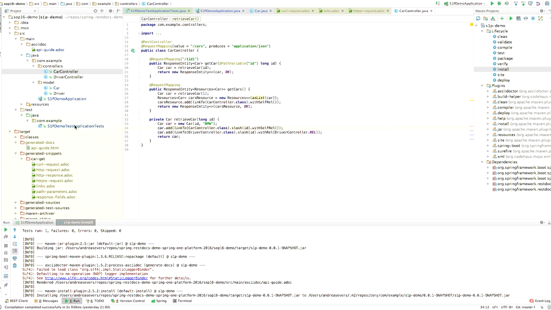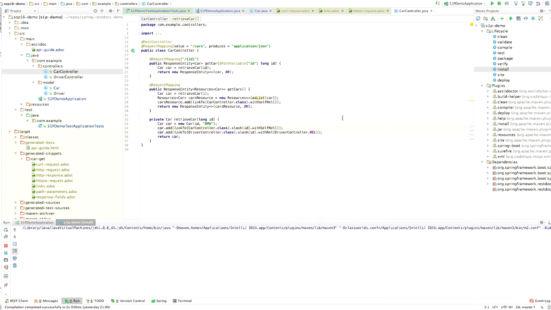And now my documentation is no longer up to date. It's not in sync with the production code, because it's going to document that there's a doors field in the response, and the clients might actually count on that. So that's an issue, right? We want to make sure that if we try to deploy this, or even try to build this, it's going to fail. So if I do that,